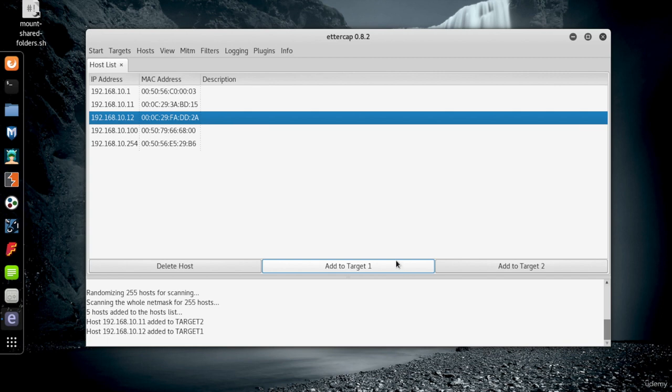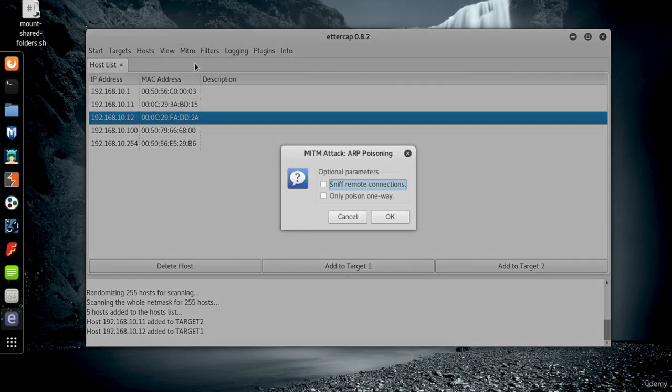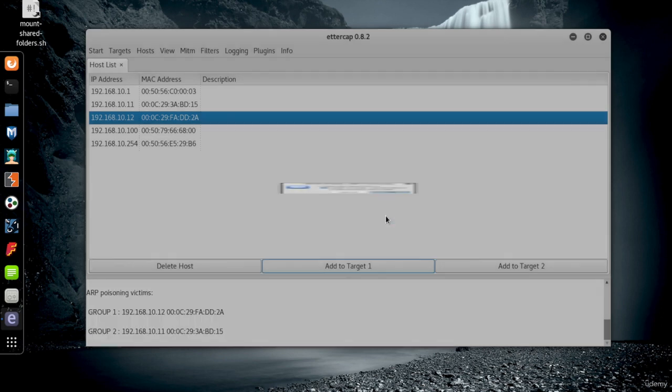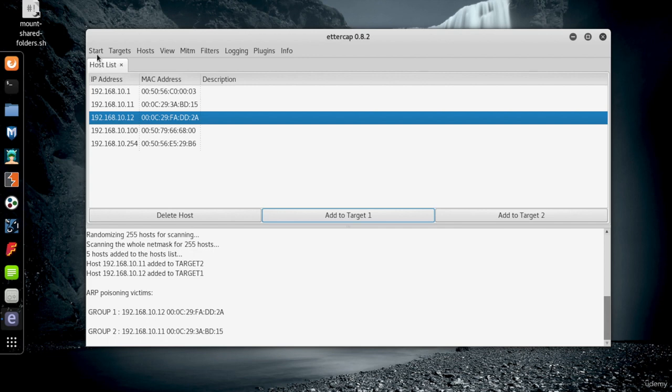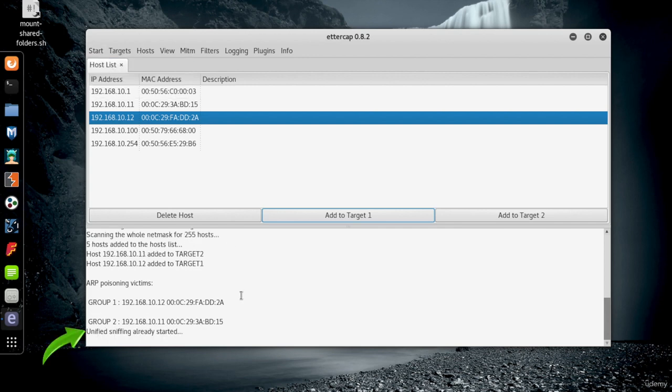What do you think? All right, so let's go to MITM and click ARP Poisoning. Okay, check the Sniff Remote Connections option and click OK. And the final step, go to Start and select Start Sniffing. So the attack has begun. Let's go to